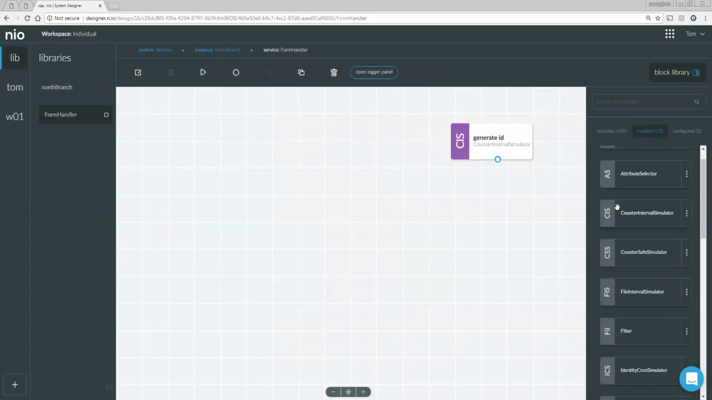And in order to see this data that we're generating, I really have to create a logger. If I were to start this service right now, I wouldn't see anything happening. Even though the block is doing work, I would have no way to know that. So again, from our Installed Blocks tab in the block library, I'm going to scroll down a little bit, and